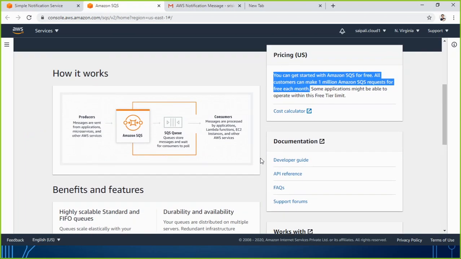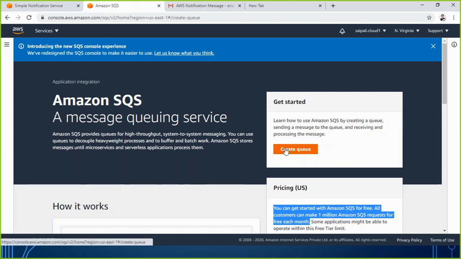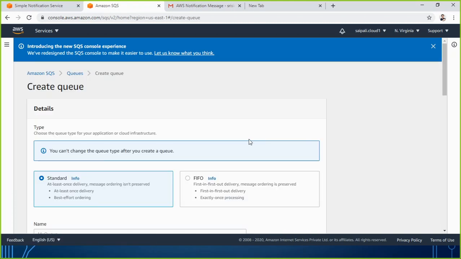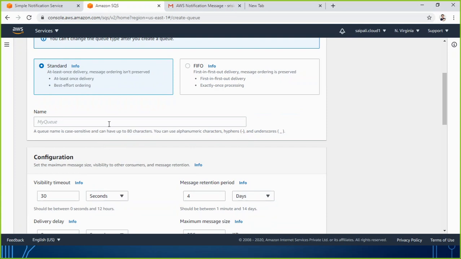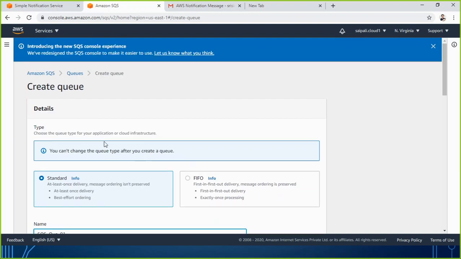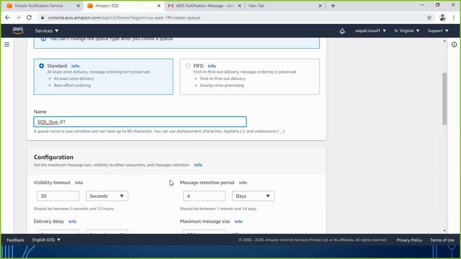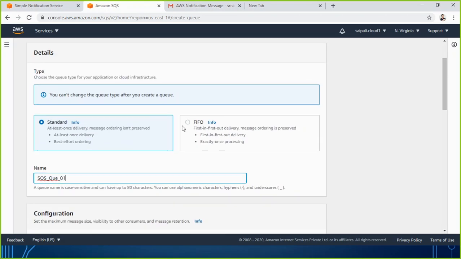So let's try to create the queue. I go to create queue, and here let's just give the name of this queue. Maybe I give the name SQS queue 01. Now scroll down, or before even I scroll down, you see there are two types of SQS queue which we have discussed, standard or FIFO.